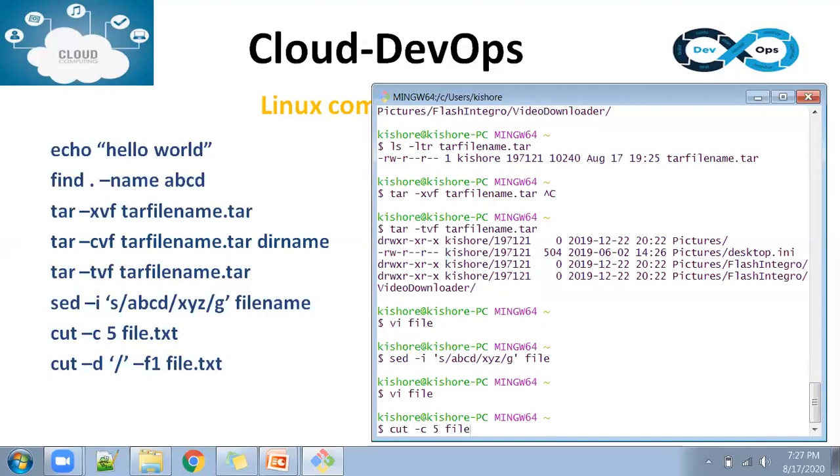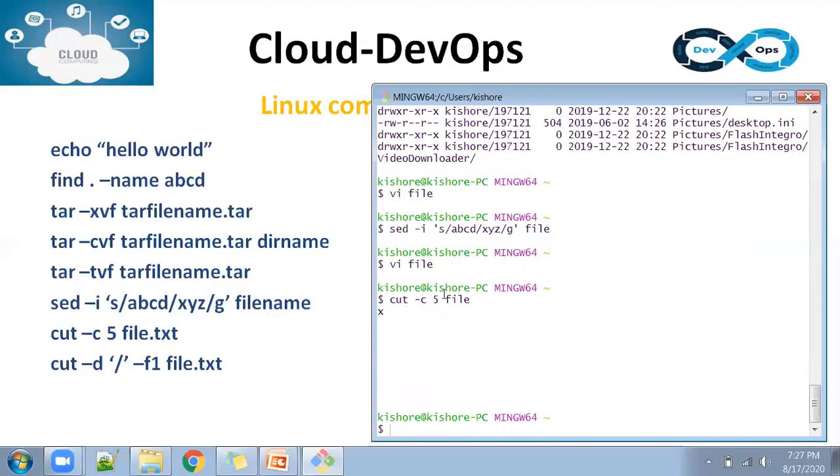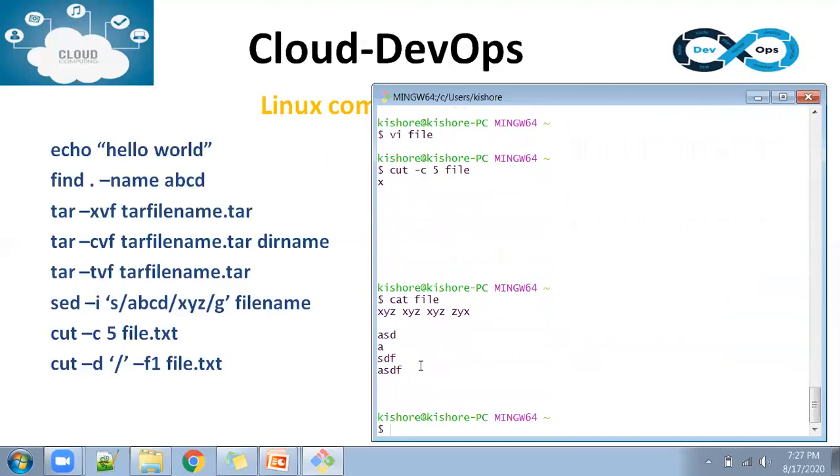For example, in the same file, I want to see that the fifth column has only the X character. Let me show you the file content. This is the file content and it has some lines. Let's count the columns: 1, 2, 3, 4, 5. In the fifth column we have only the X character.